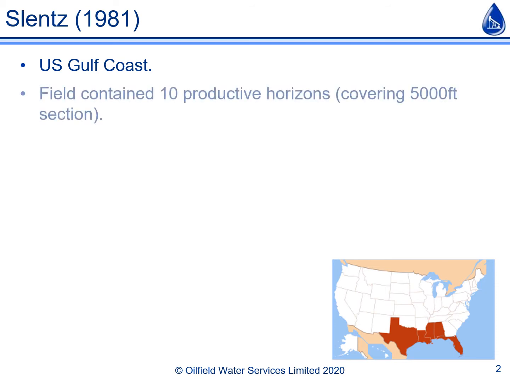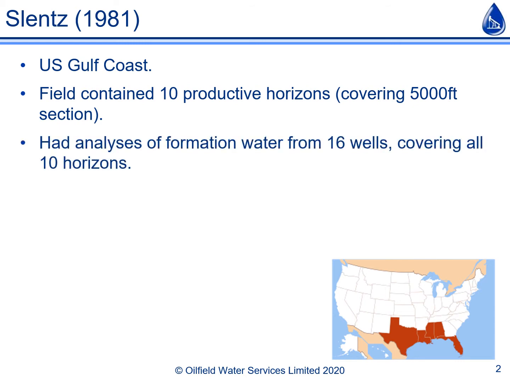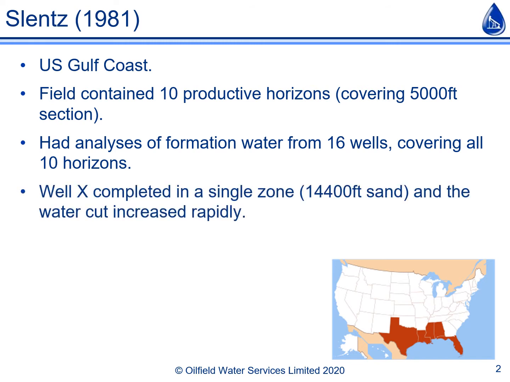It contained 10 productive horizons covering a 5,000-foot section. Formation water samples from 16 wells had been collected and analysed. These provided a good set of reference formation water compositions for each horizon against which Slents could compare any new produced water analyses. Well X, which was the subject of this study, was completed in a single zone, the 14,400-foot